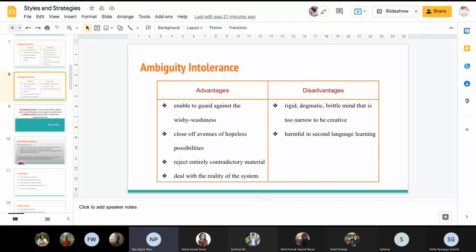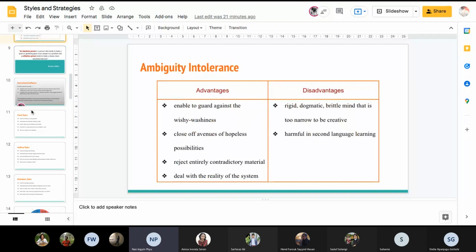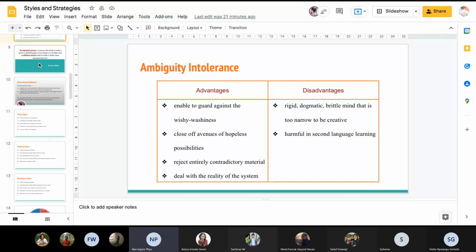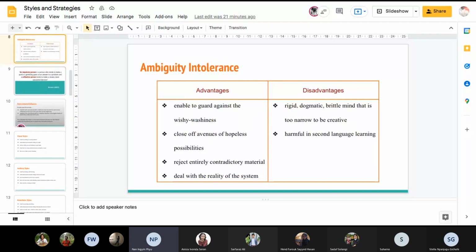So what is the advantage? Of course, they won't have any wishy-washiness at all because they already have a strong one, and they close off the avenue of hopeless possibility. They reject entirely contradicted material. Reject everything. Deal with the reality of the system. And then the disadvantages. The disadvantage is going to be a rigid, dogmatic, or closed mind because they are really